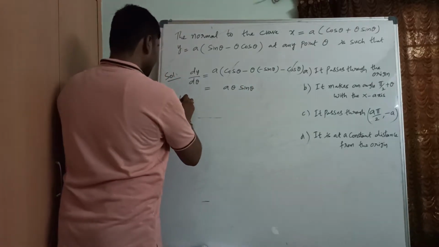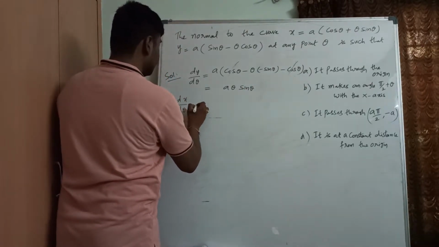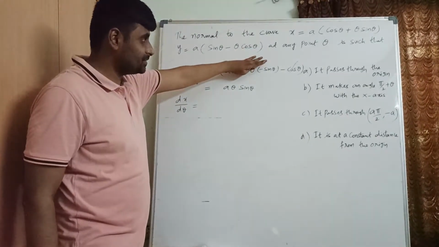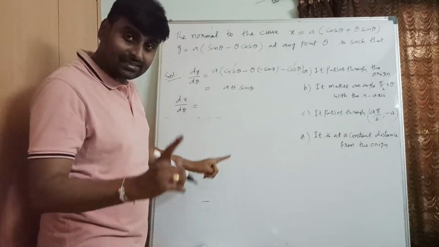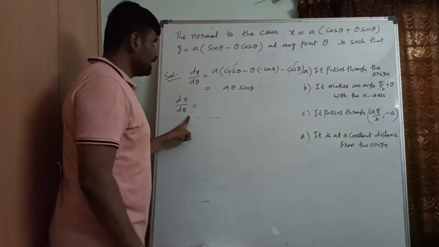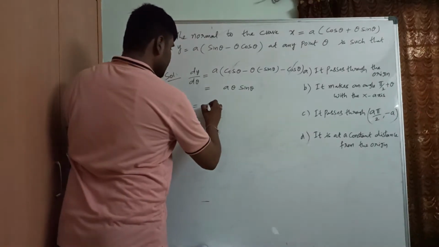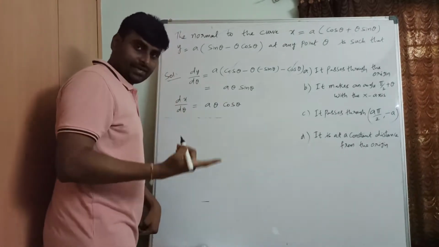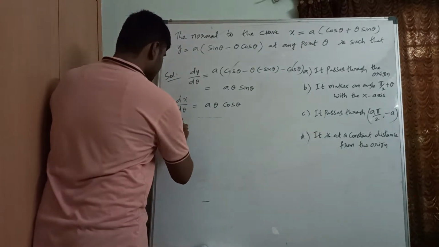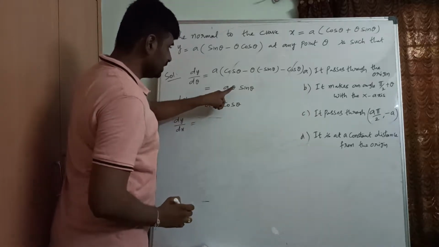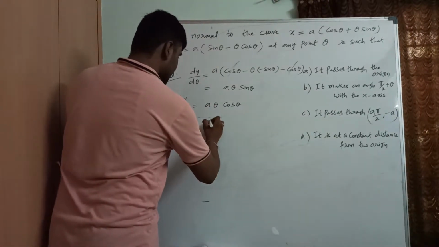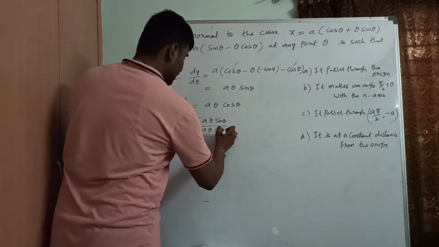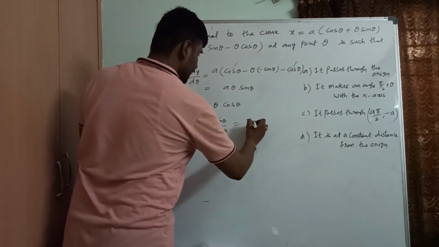So similarly, if you differentiate dx by d theta, okay, actually we did this model problem many times, right? So definitely we'll get tan theta, correct? So dx by d theta, if you solve in the similar manner, we'll get a theta cos theta. You can check, okay, it's very easy. Hope you can solve that. Dy by dx, this one by this one, a theta sin theta by a theta cos theta, correct? So dy by d theta by dx by d theta, what would you get? Tan theta.